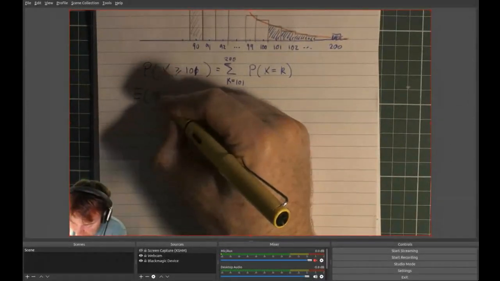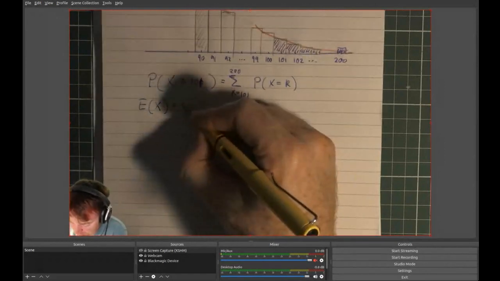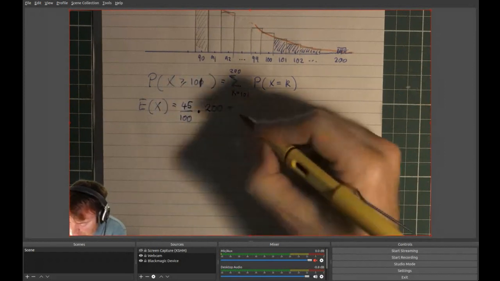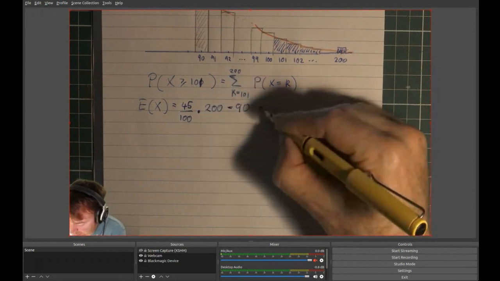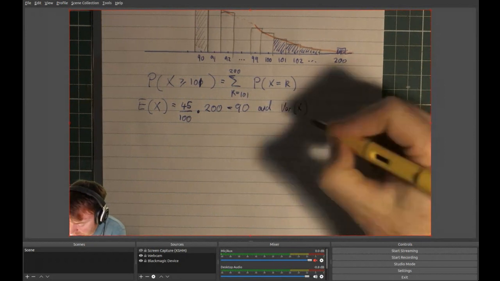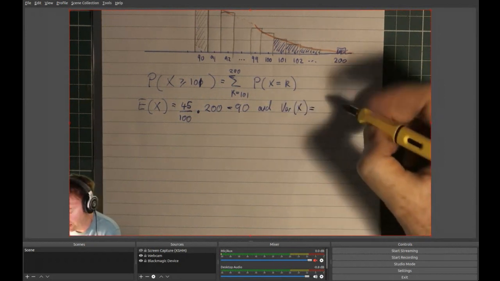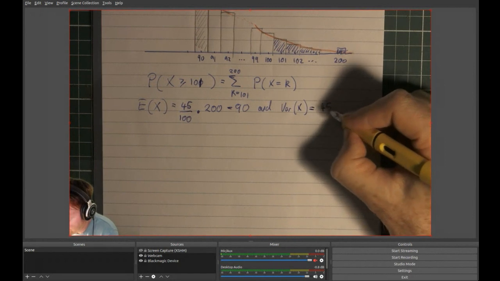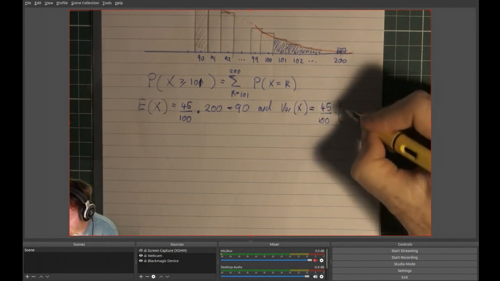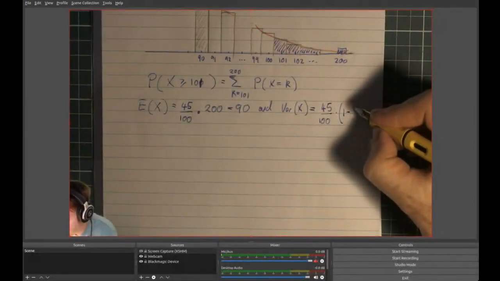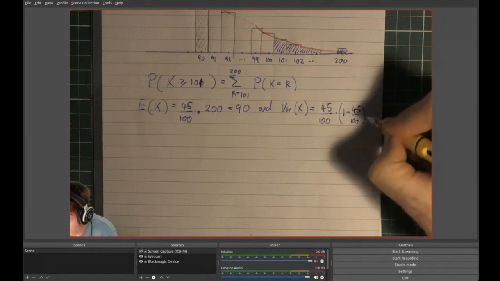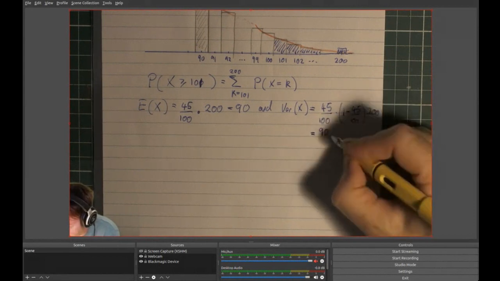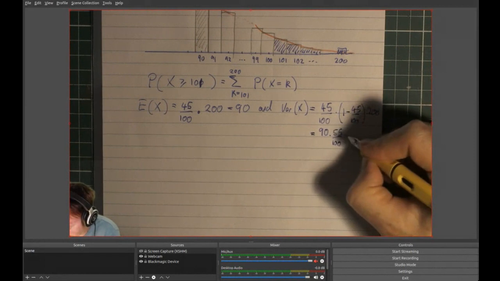We need the expected value of x. In general, that's going to be the probability of success times the number of samples, which, as we saw before, is just going to be 90, and the variance of x. Please do calculate this variance using your definition. I advise you to memorize the formula for the variance of the binomial distribution, just because it comes up so often, which is equal to, well, that's just 90 times 55 over 100, which is